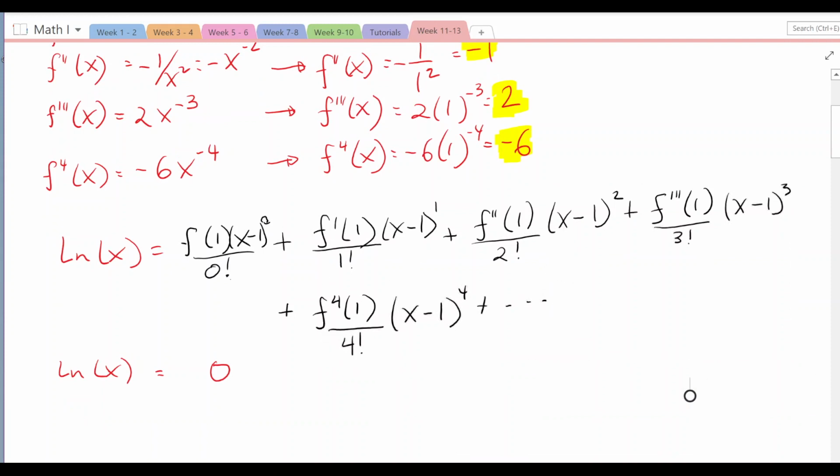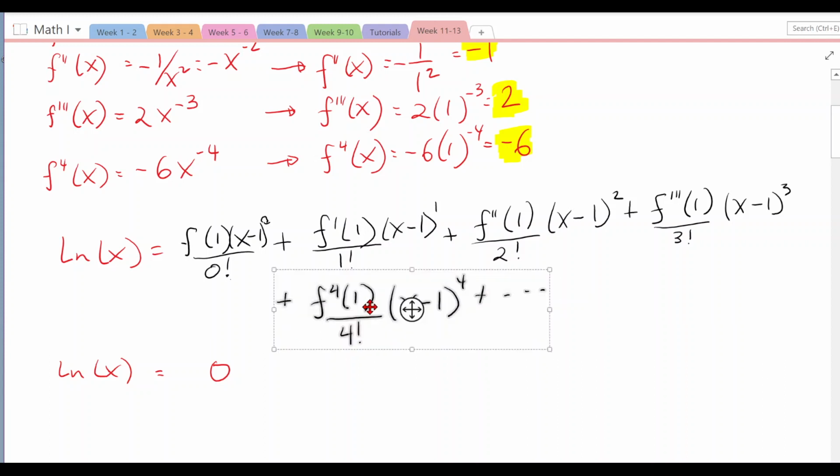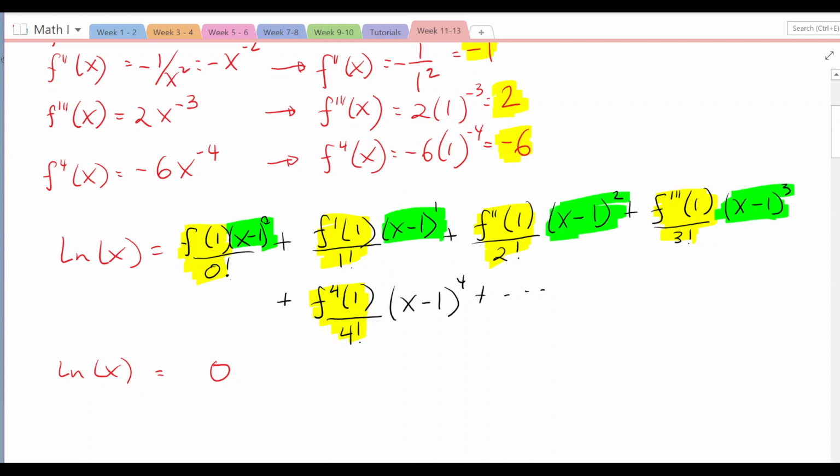Maybe I should put a little bit below, or bring this up a little bit. Okay, the first term is 0. The other thing might be a good idea to highlight is the coefficient. All of the coefficient just in this first example. And then the power series in green. Power series in x.